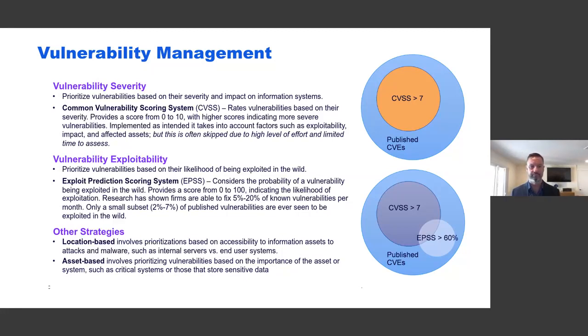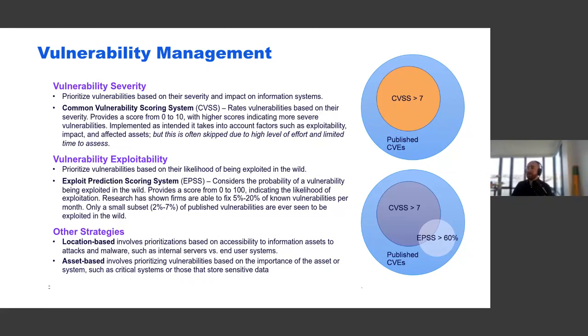Jeremy? Yeah, and on this slide, one of the things I want to highlight here is that there are alternatives to just generally displaying vulnerabilities as we know them by severity, and that is the common place that we have now. You use the CVSS scoring system, and the rates are based on their severity, critical, high, medium, low, etc. But being data-driven information security professionals, we want to do our best to add other elements to that so the information is more actionable, we can prioritize better. And so there are a few other alternatives here that we'd like to present.